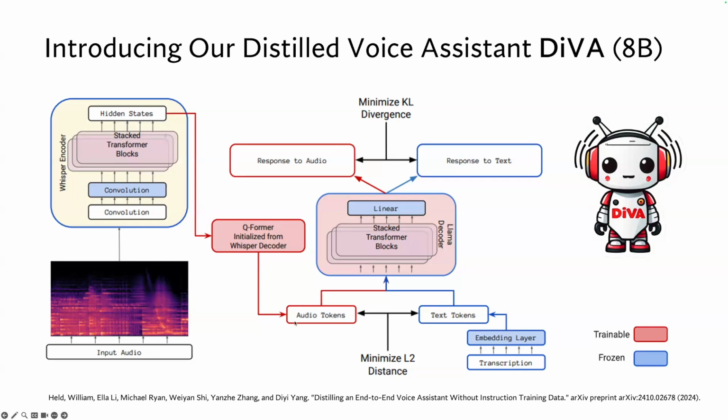And then once we have the audio input and the text input, we combine them to fit them into our decoder here. And then our decoder will produce a response to the audio, and a response to the text. And then we look at them and try to minimize the distance between those two. And again, on the input part, since both audio and text correspond to the same input, we will also minimize their output distance.